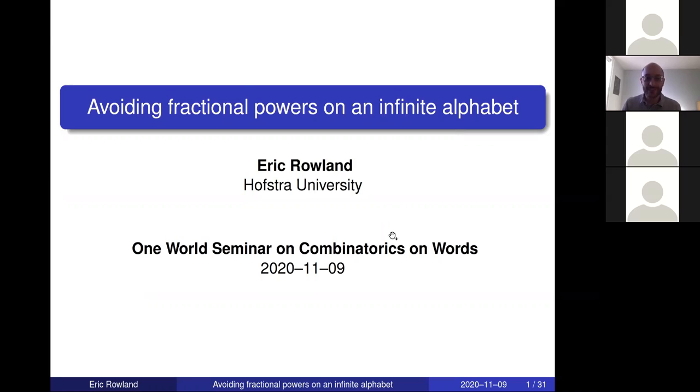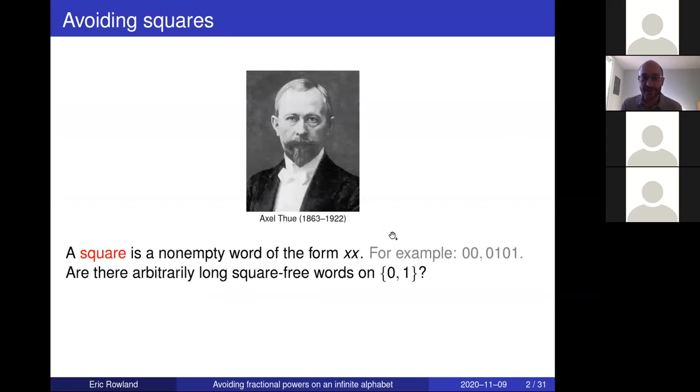So we're going to begin with the founder of our field, Axel Thue, who I guess over 100 years ago now was asking questions like this. A square is a non-empty word of the form XX. And he was interested in questions like, can you build arbitrarily long words, say over the alphabet 0, 1, that don't contain any squares? I guess everyone here probably knows this exercise, but if not,